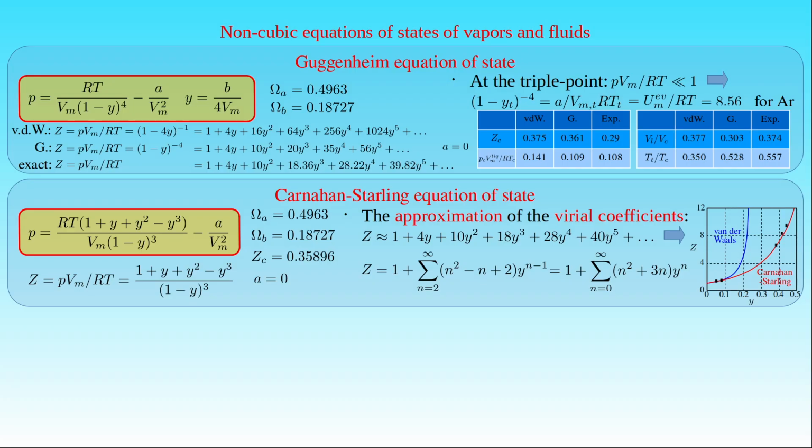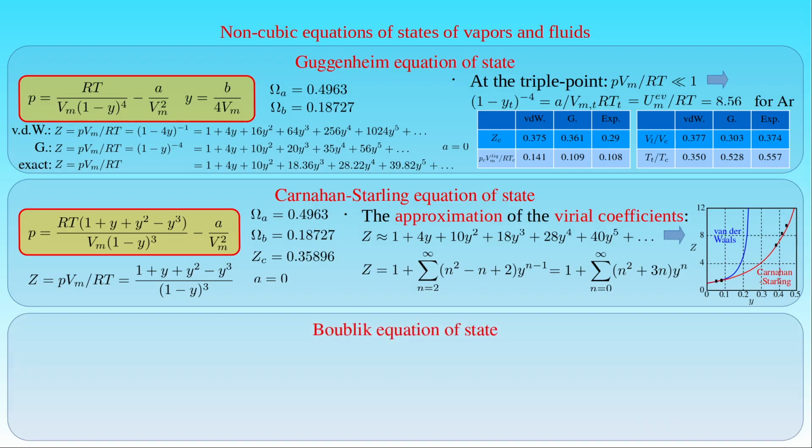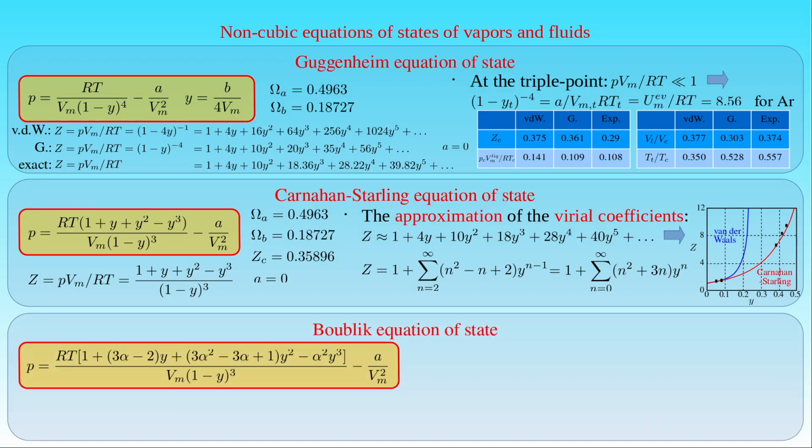The third non-cubic equation of state we present here is proposed by Boublik in 1981, but we show it in a form introduced by Sveda and Kohler 2 years later. The repulsion term in this equation still has the denominator 1 minus y raised to the power 3 as in the case of the previous equation of state, but the cubic polynomial in its numerator contains multiplication factors depending on